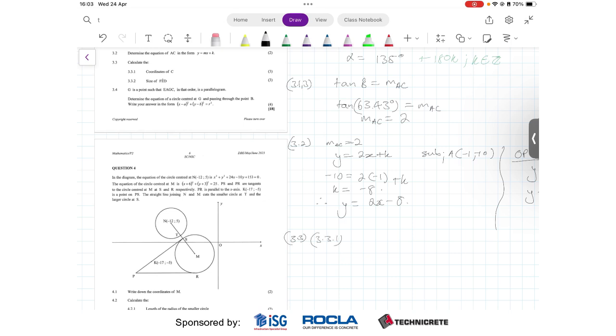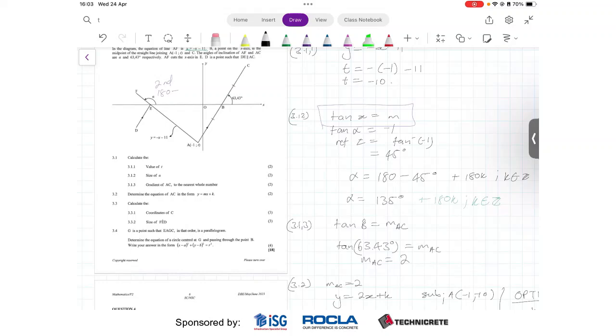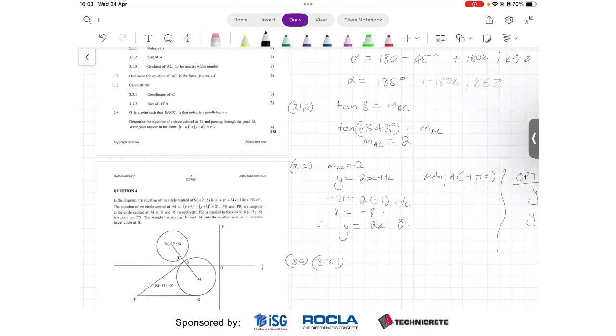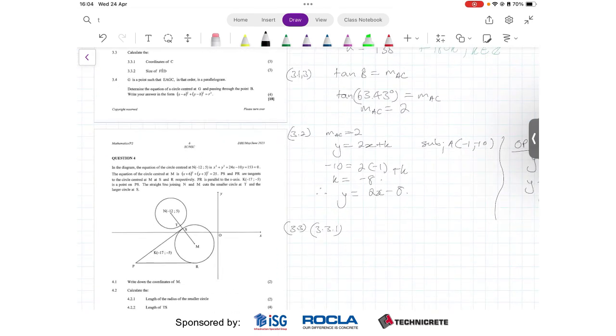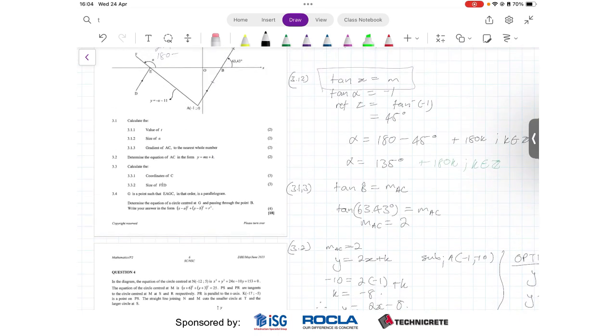3.3.1. We are asked to calculate the coordinates of C. Okay, so for C, the first thing we know is the equation of the line AC. Our equation is y is equal to 2x minus 8. Now taking the x-intercept,